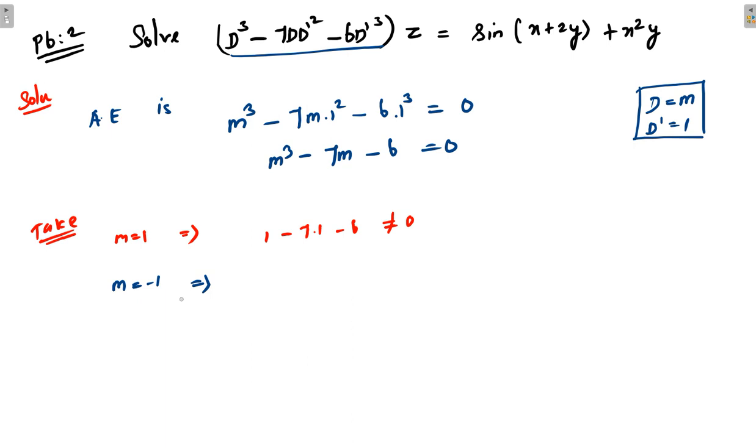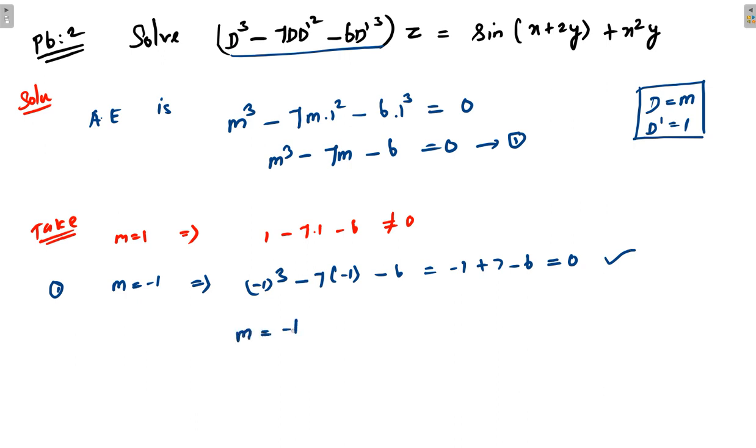If you substitute m is equal to minus 1 in this equation, you may get minus 1 cube minus 7 into minus 1 minus 6, which is equal to minus 1 plus 7 minus 6 equal to 0, right? So from that you can identify m is equal to minus 1 is one root